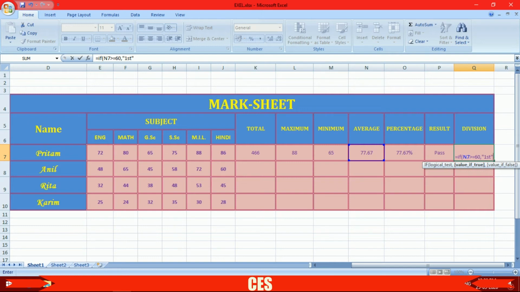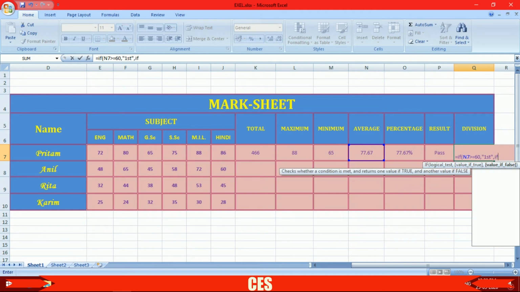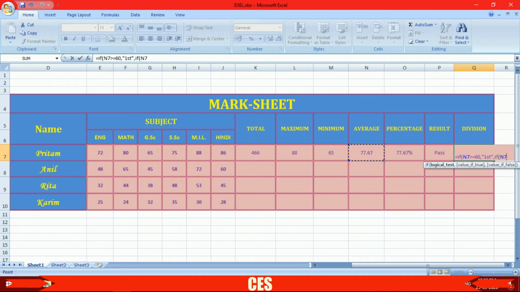It is our first condition, and for the second condition, once again open if here, comma, then if, bracket open, now select once again the average marks, and if our average marks is greater than or equal to 45, then our division will be second.